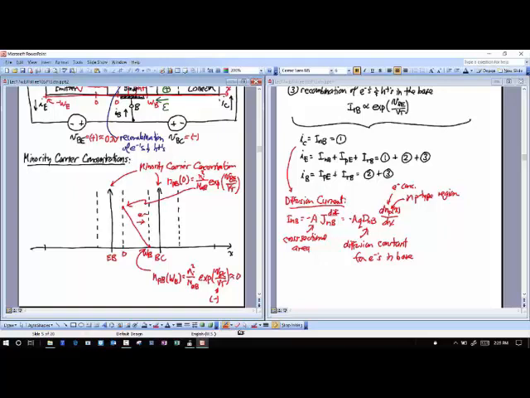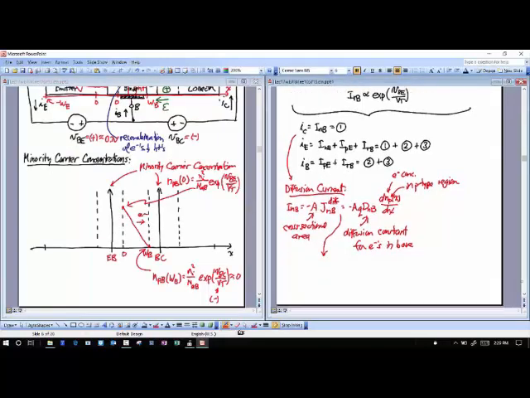I have a large concentration at the base-emitter junction to the base, and then I have a very small concentration at the base-to-collector junction. And so now I can evaluate this derivative here and just write this as minus q times the cross-sectional area times D_NB. And now I'm going to take that slope. So I'm just going to take n_pB at W_B minus n_pB at 0 divided by that total width of the base,